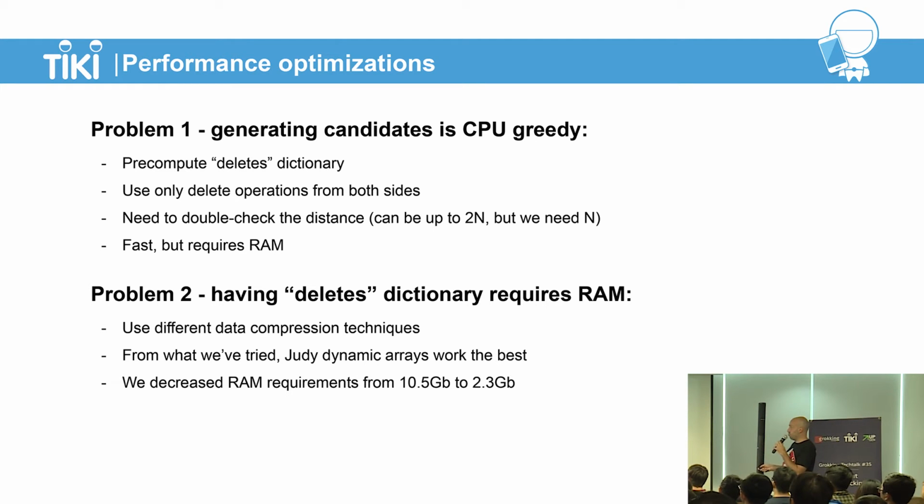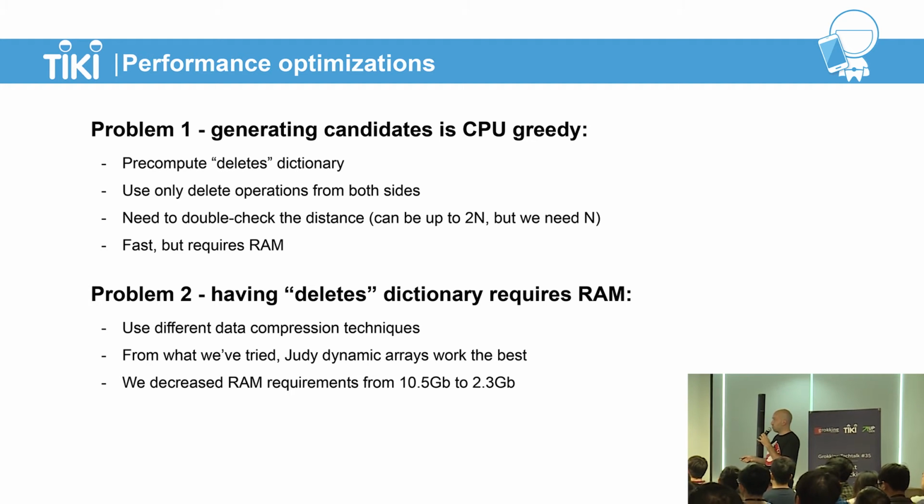So if we just used random queries for testing, we could not see any small improvements in our spell checking algorithm, because they would be impossible to see in such a small amount of misspelled queries in a random query set. So we used 5,000 random queries just to check that we still perform well on a random query set, which we have in Tiki, and we also used 10,000 misspelled queries